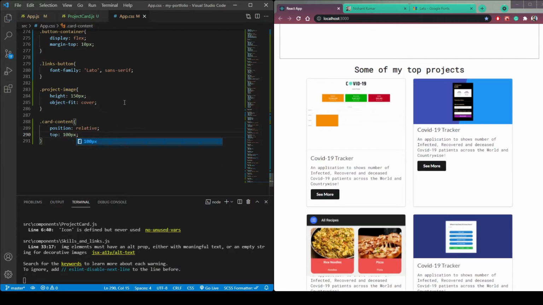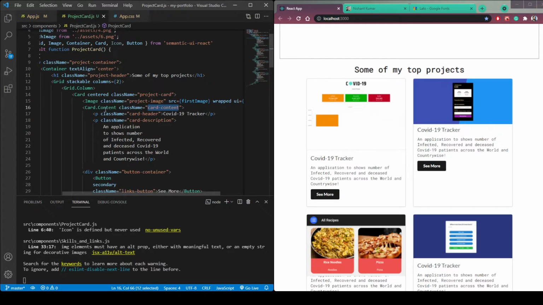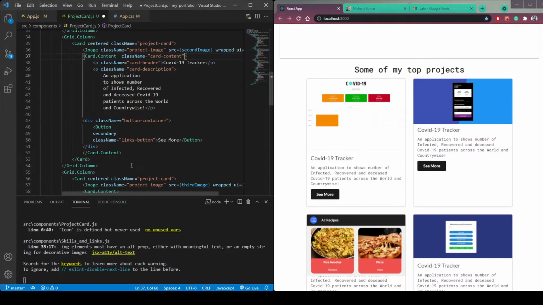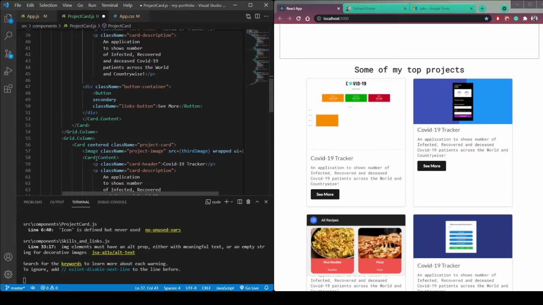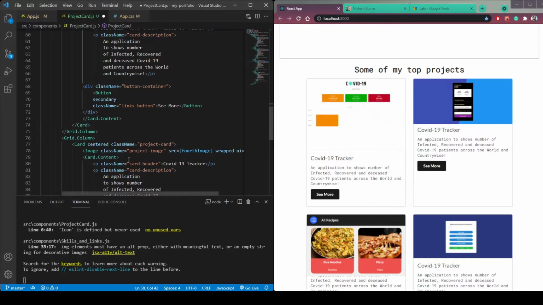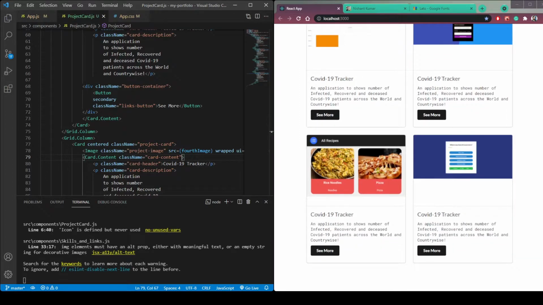Okay, now this is looking fine. So copy this class name card content and paste it in this card content tags. So here, then the second, in the third tag card content, and in the fourth tag. Save it, and you can see all the 4 project cards are now looking good.